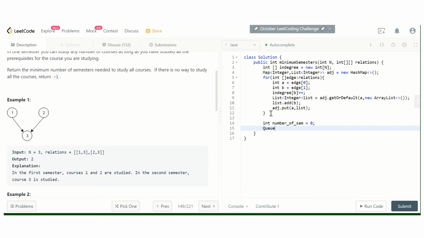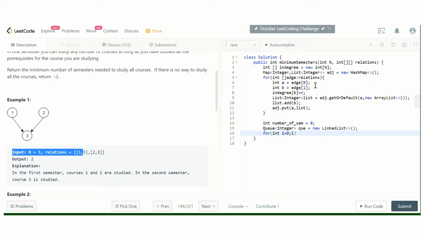So I will create a queue. Okay, here the ordering is given as 1 3.